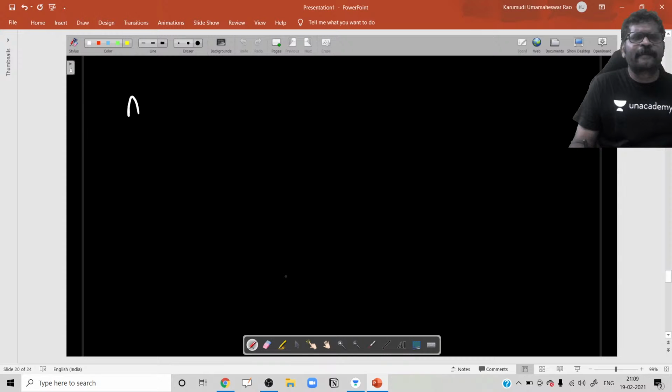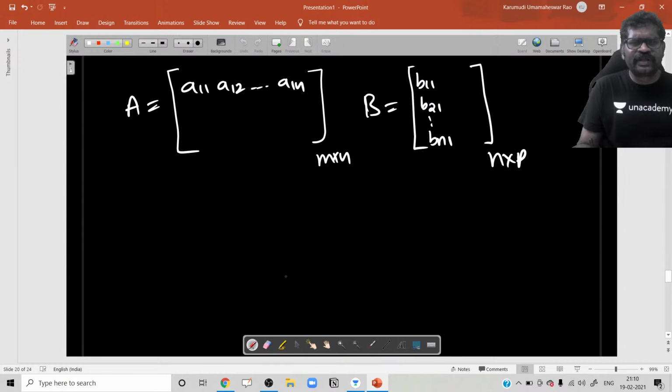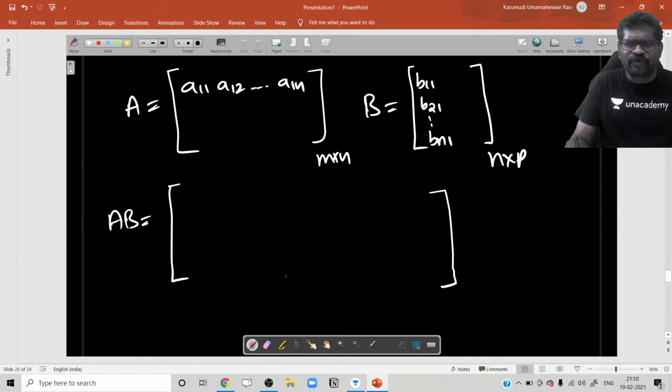Now matrix A, M cross N, and matrix B, N cross P are multiplied. A11, A12, A1n, B11, B21, Bn1. Now, multiplying matrix AB, generally matrix multiplication is row of A multiplied with column of B. Now, if you multiply first row of A with first column of B,